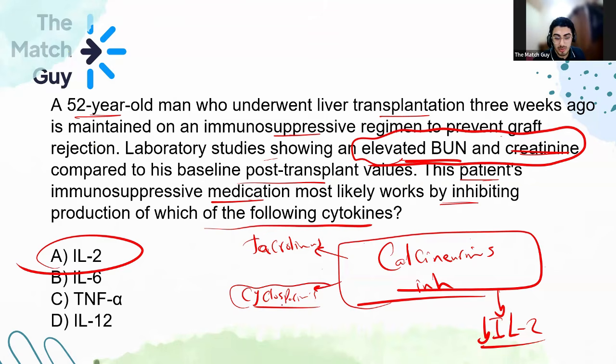So be familiar that cyclosporin also has a very specific side effect of its own, which is gingival hyperplasia. It can cause nephrotoxicity because it's from the family of the calcineurin inhibitors, but it can also cause gingival hyperplasia. All right. And we also have two medications in the USMLE that can cause gingival hyperplasia: the phenytoin